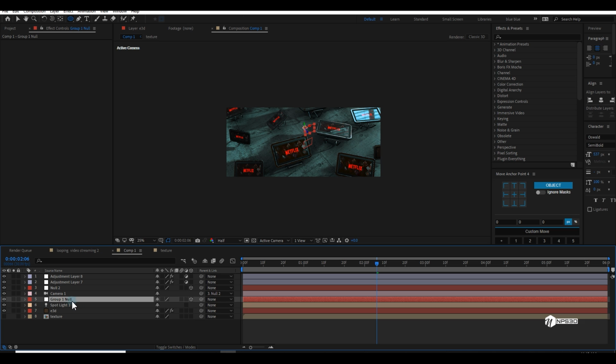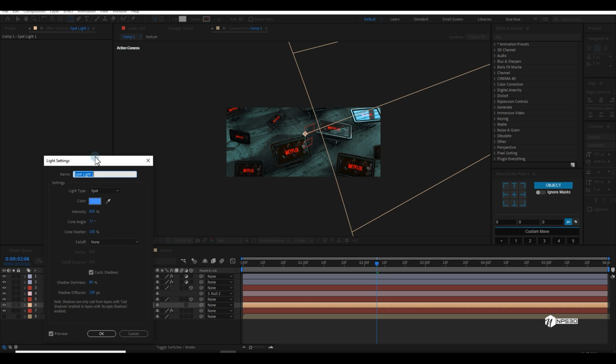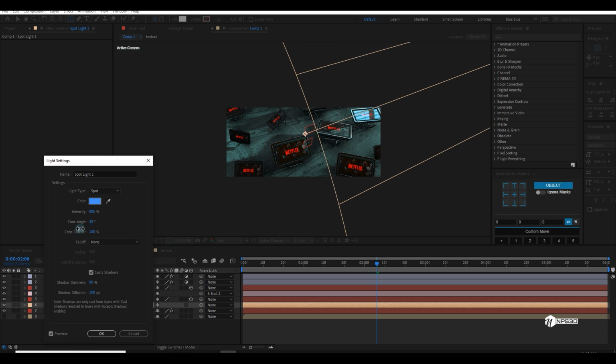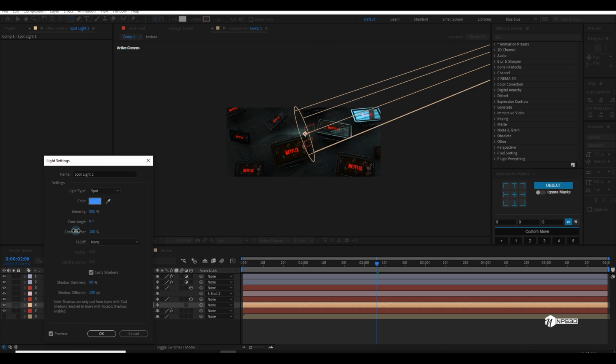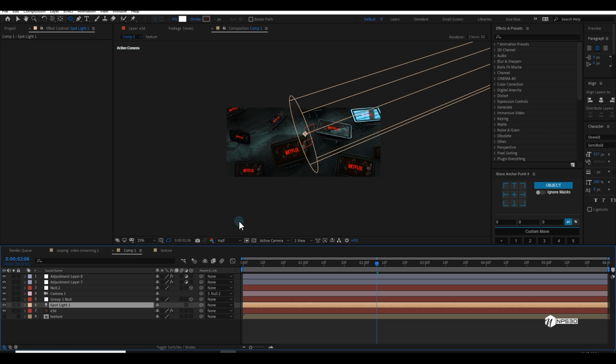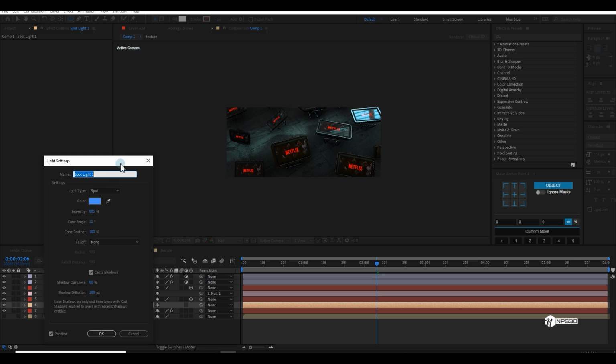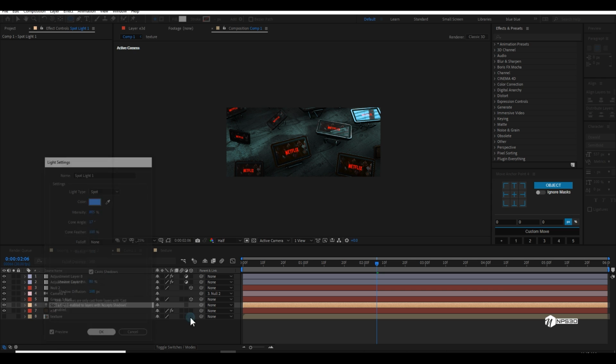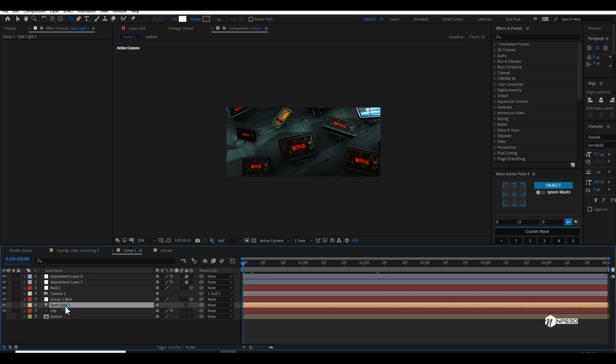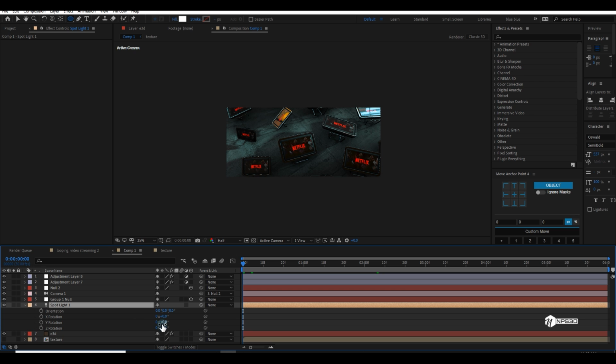Then I can go to the spotlight and maybe I can change the cone angle like this. Control Shift H. So now the lighting is only casting in this direction, this area, and so this is also useful. And if you want, you can also rotate the light, press R, and you can just play like this. You can see you can add a rotation like this also.